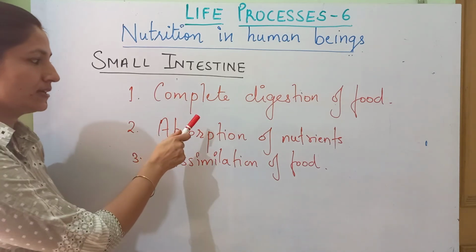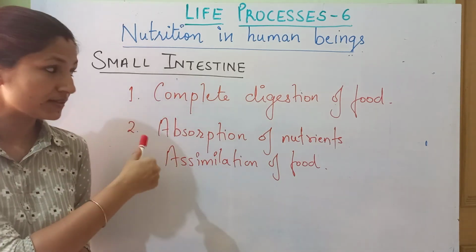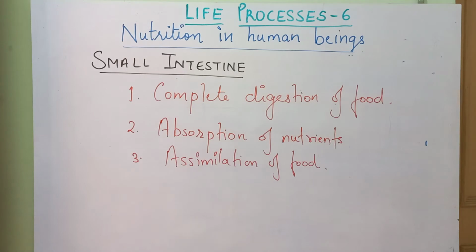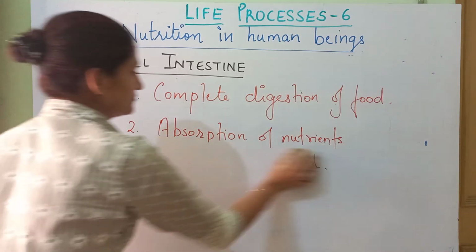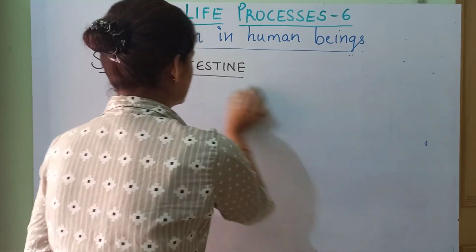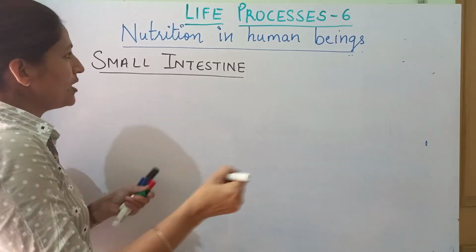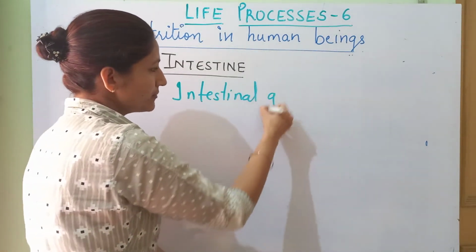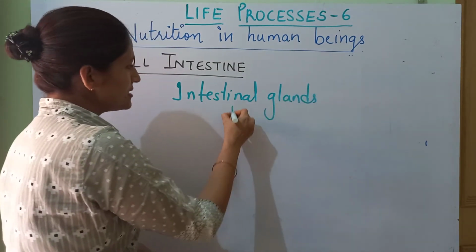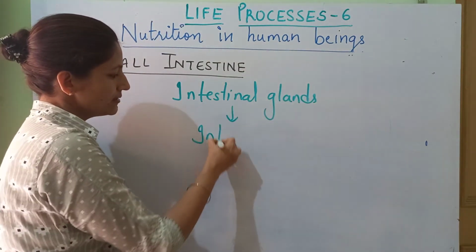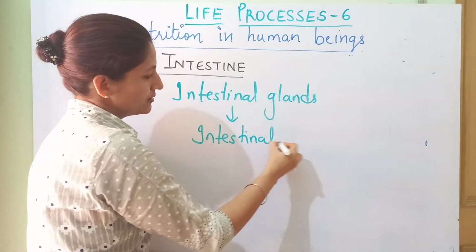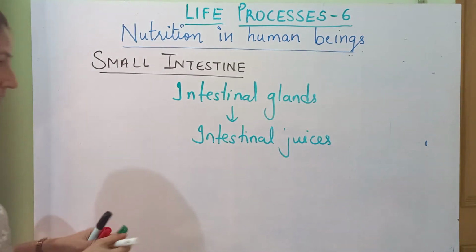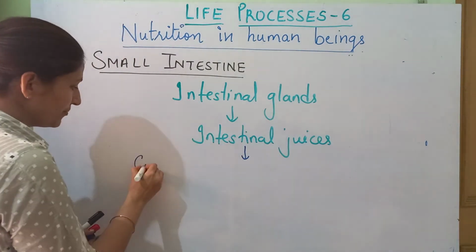Now we'll see what kind of enzymes the small intestine is going to secrete. In the small intestine, intestinal glands are present. Okay, these intestinal glands secrete intestinal juices. Okay, this intestinal juice contains what? It contains